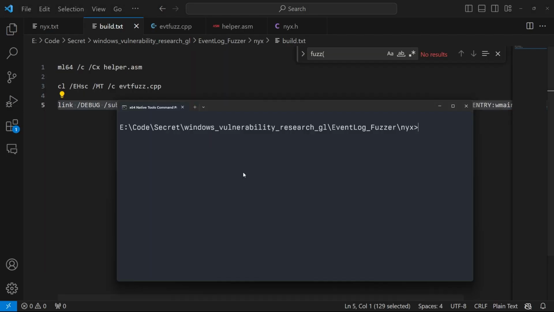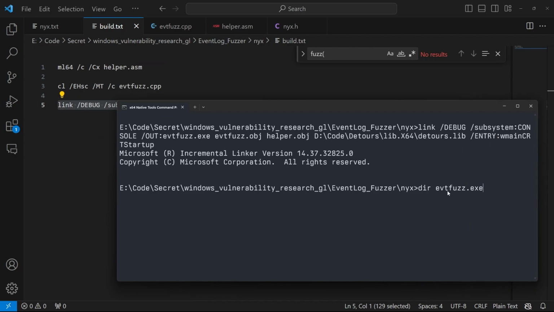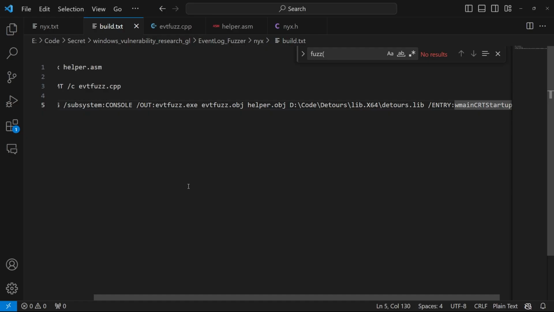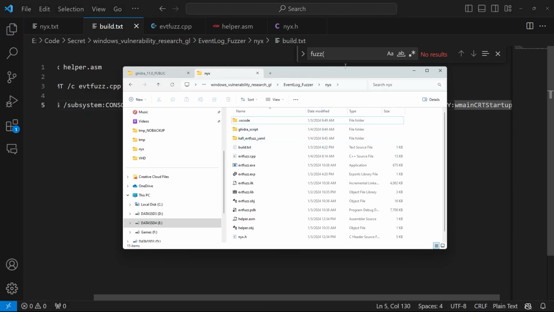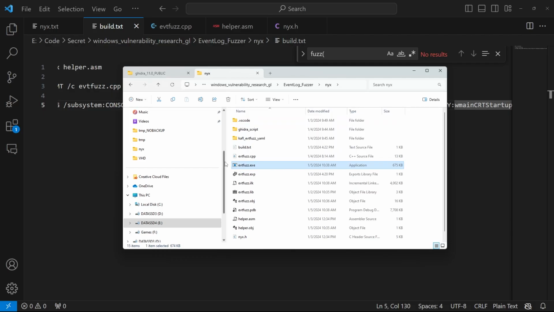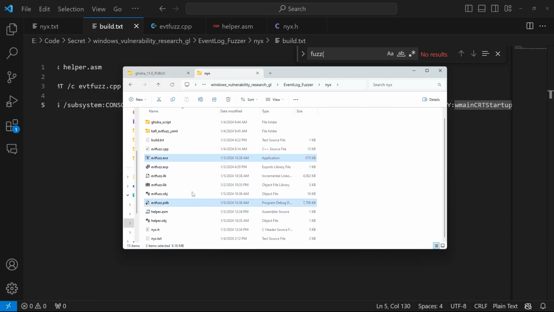You can run this command, and that will give you evtfuzz.exe. Now, you can mount the VHD of your target and copy. You can grab evtfuzz.exe and evtfuzz.pdb, copy the exe and the PDB. You don't need the PDB, but I like keeping it with the executable,